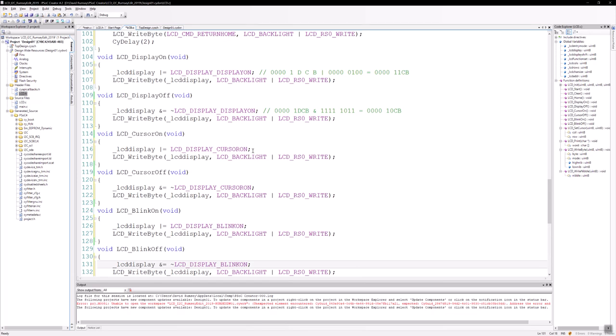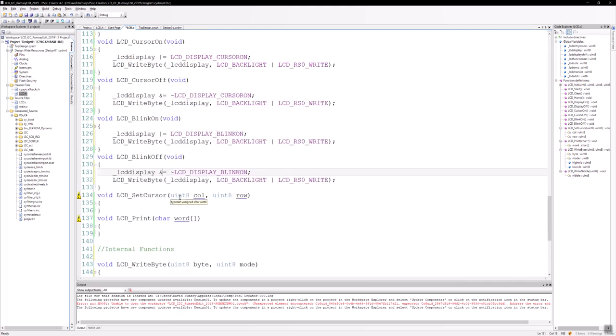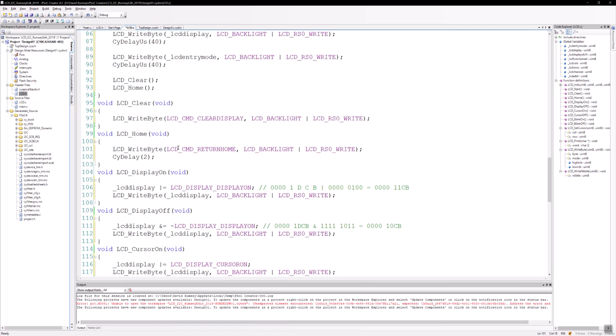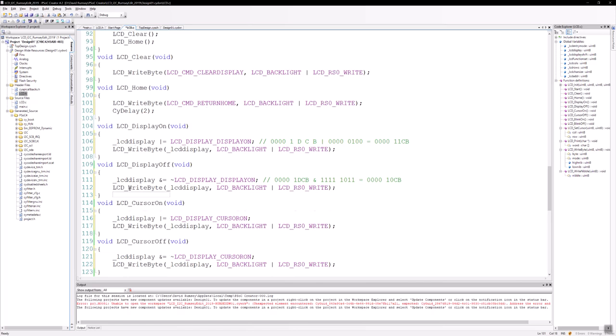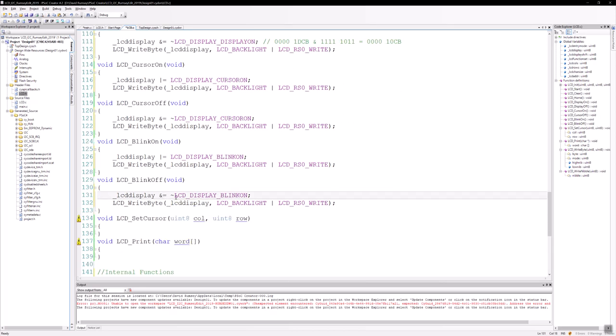And now suddenly we've written a bunch of functions. That's it. But what you should notice here is all of that time we spent reading through the data sheet, kind of deciphering down how things are going to work, writing these write byte and write nibbles, has simplified these commands where we're just doing bit masking to get the right sets of zeros and ones together, and then we're simply writing the byte. In fact, we could write a single line of code, and I'll go ahead and change the